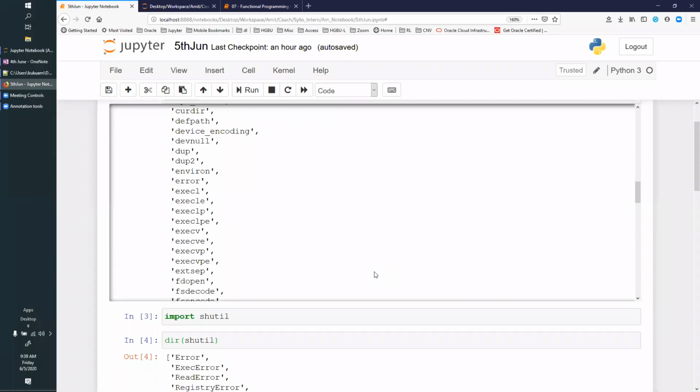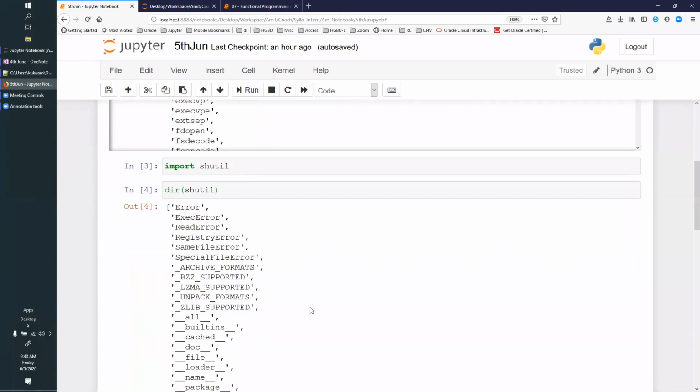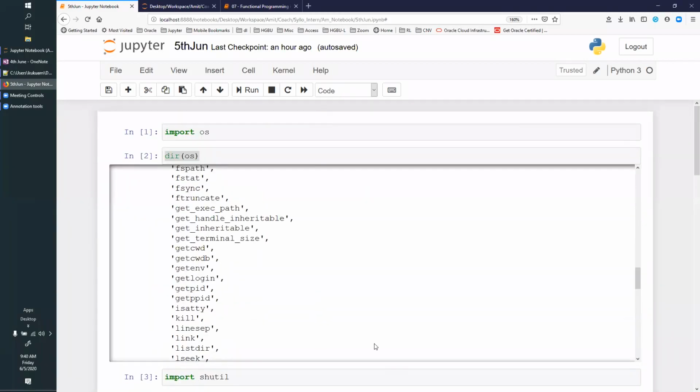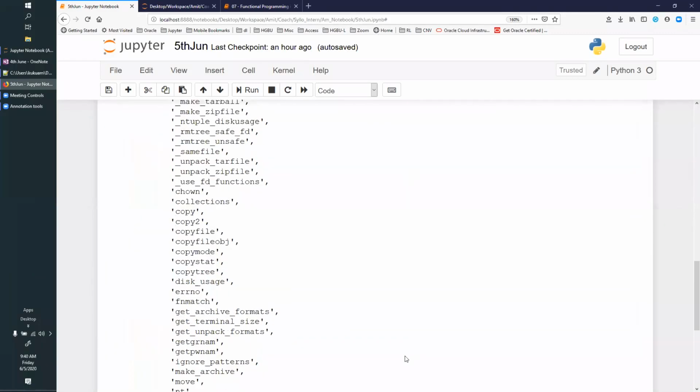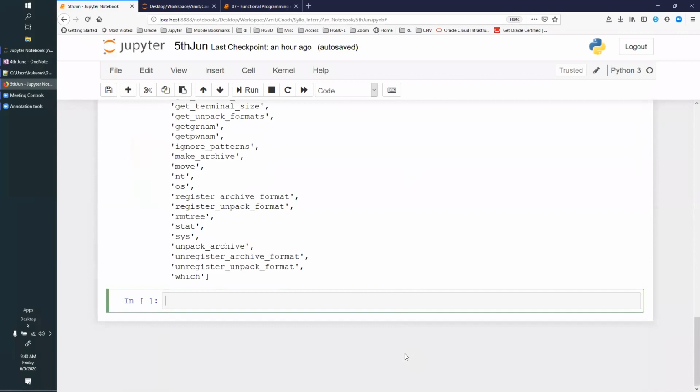Instead of directly pushing it to a directory, zip it and then push it to the directory. Again, you will need to import maybe a zip library for that. There is already a zip library in Python, and some of the functionality is already present in the OS library and shutil library. Explore that and try implementing it.